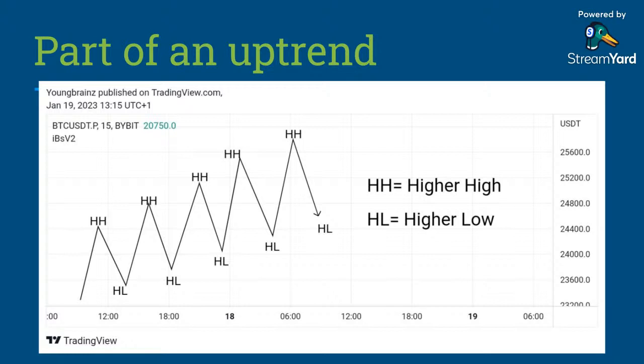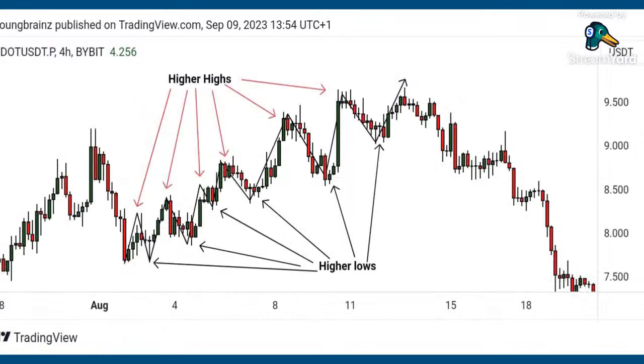When you say the market is advancing upward, it is advancing by creating a series of higher highs and higher lows. Look at the first higher high. The market created the first higher high, then it created the next higher low. Then the next higher high was higher than the previous high. That's why we call it higher high. Then the next low was higher than the previous. That's why we call it higher low. You can see the logic there. As the market keeps on producing higher highs and higher lows, it means the market is ascending upward. So that is what we mean by an uptrend, right?